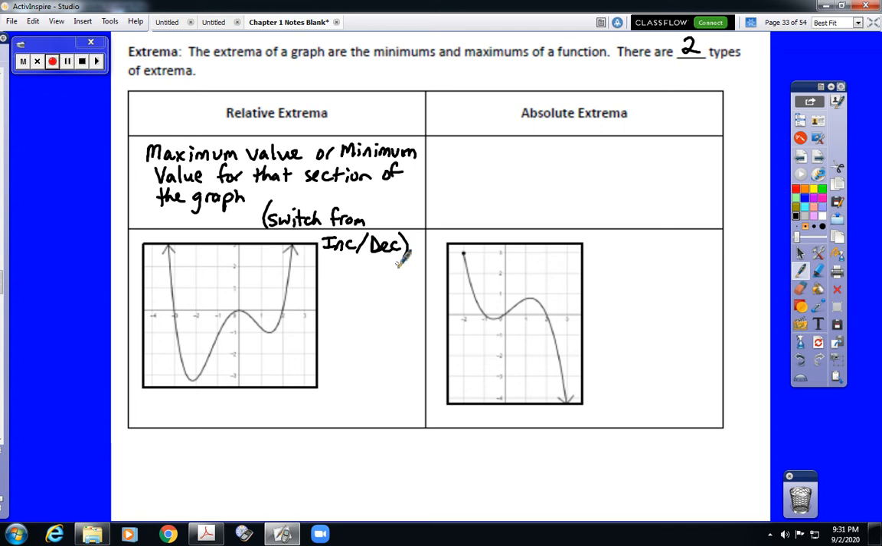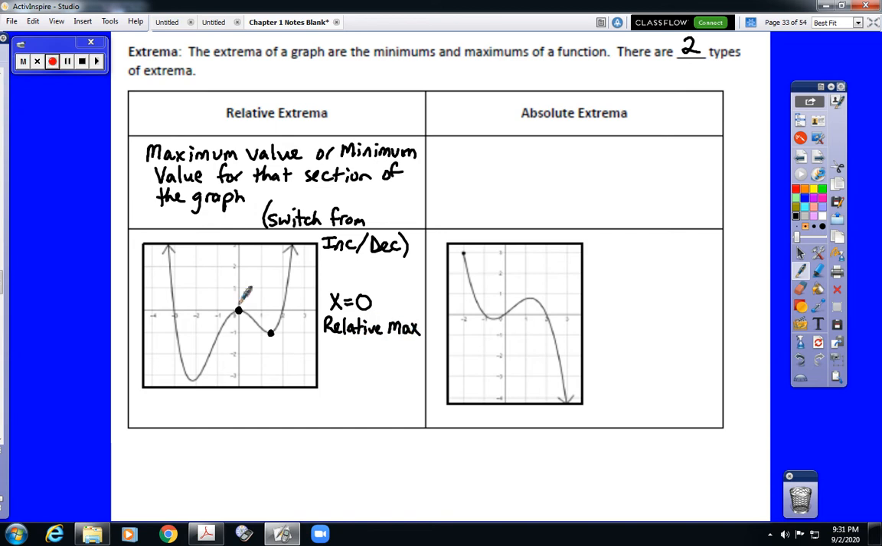Okay, if it switches from increasing to decreasing, that would be a maximum value. If it switches from decreasing to increasing, that is a minimum value. So there are two of these to note on this graph, and I'm just going to estimate where they are. At x equals approximately 0, we have a relative maximum,